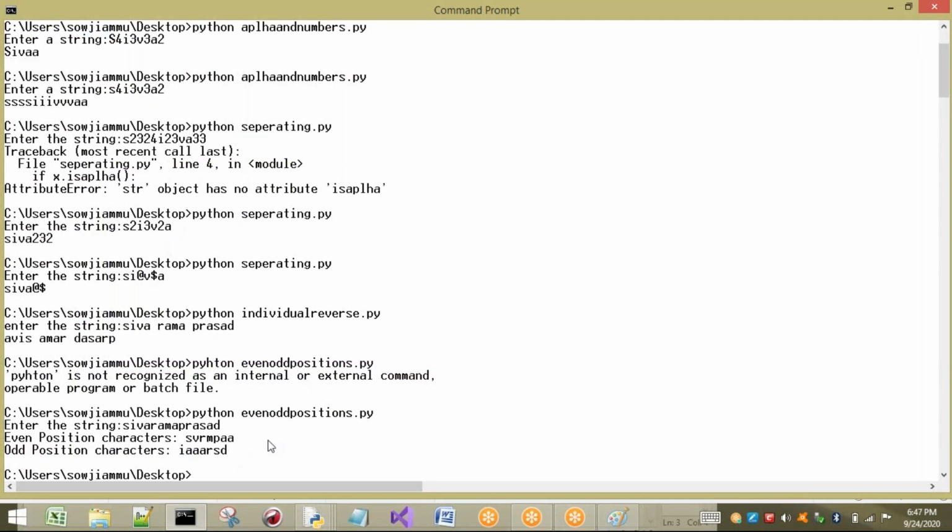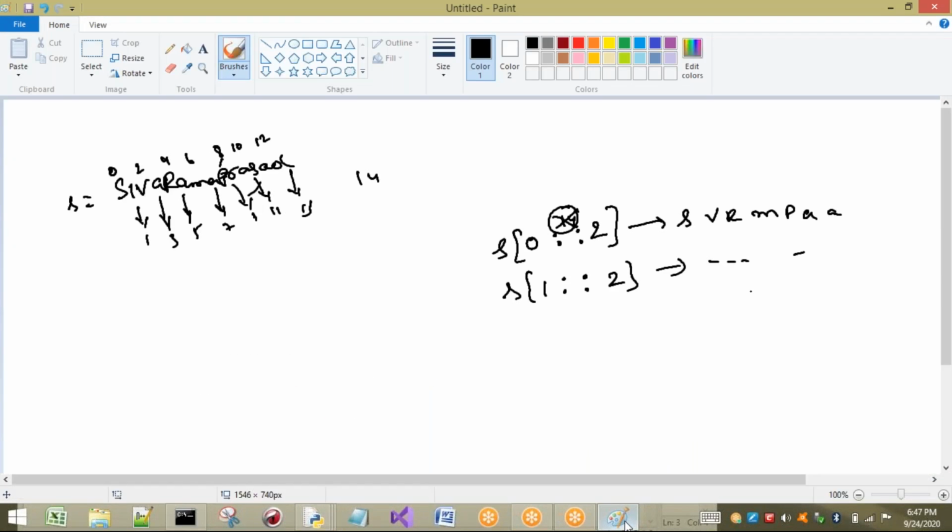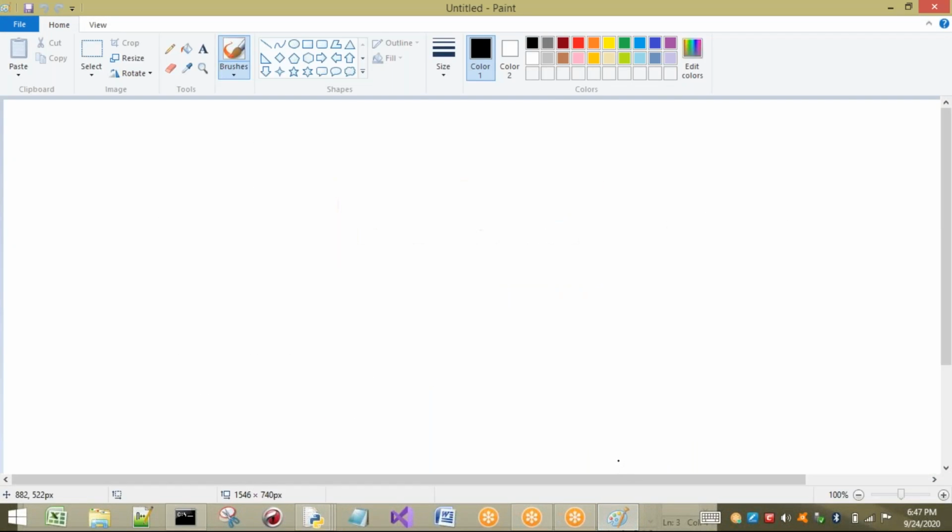Okay, right. So this is about how, not only this logic, for every program I am taking one logic; you can also write many other logics here. Not only this logic. Right, now a different type of program I am going to explain, so we have to focus on this one. I already told you about the ORD method and CHR method, and about that I am going to discuss now.